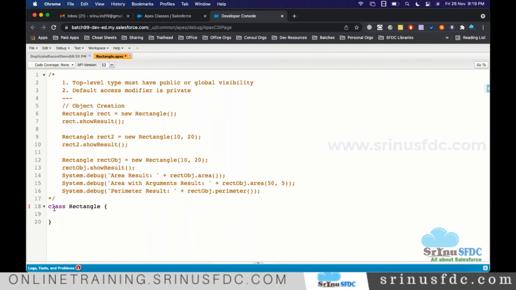That's why we are giving the visibility. The top level class should be either public or global. Even though they manufacture it, if they are not making it available to the public, it gets lost, right? Here it should be public. Now we have that plan name.